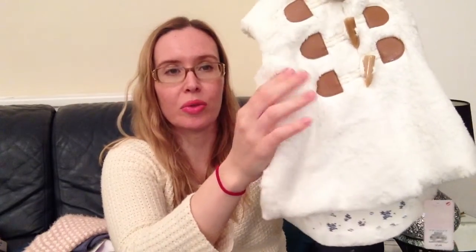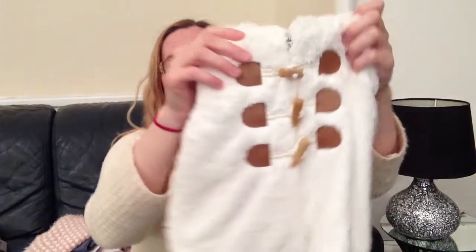But this is so soft. I wish you could feel this. It's really, really soft, and it feels really well made for Primark, and I think it'll be really nice and cosy for her for autumn winter. So those are the bits that I picked up from Primark, and I then went on to Tesco to pick